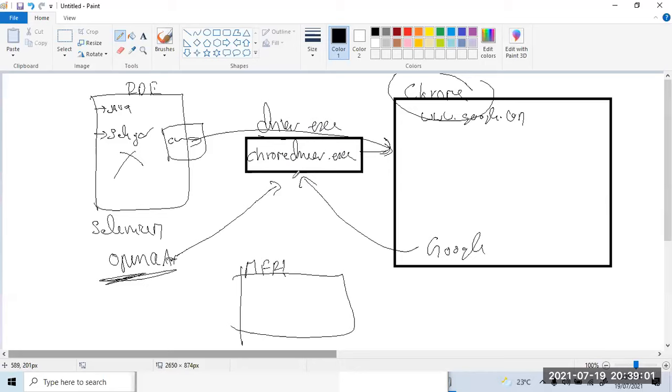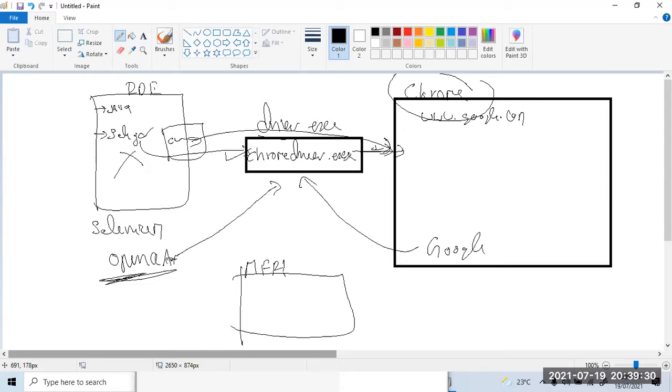Driver executable file. Now, what is the beauty of it? Does this file understand Selenium? Yes. Does it understand the Chrome browser? Yes. This is like a mediator. It will receive all the requests from Selenium and forward everything to Chrome. Since it is officially authenticated by Google, Chrome will allow it to perform the action. If it is anything else, Chrome will think that somebody is hacking it and block it for security reasons.